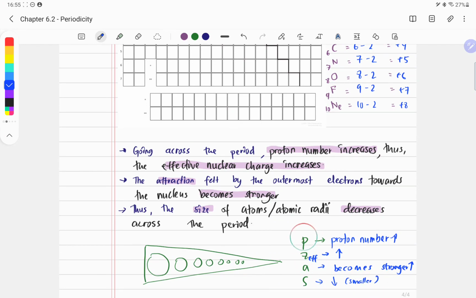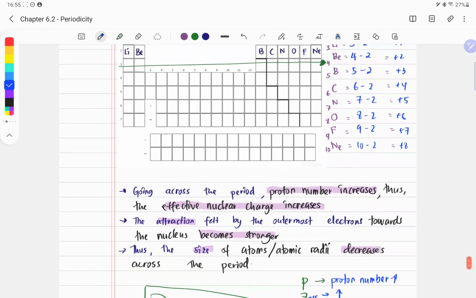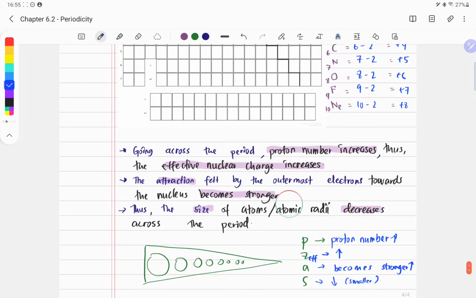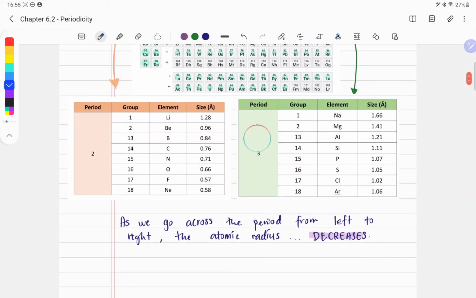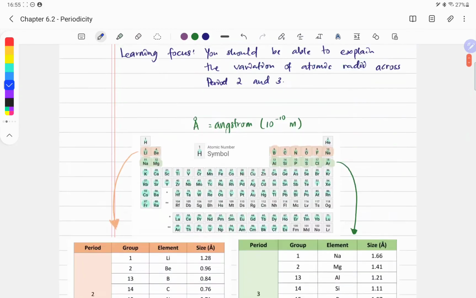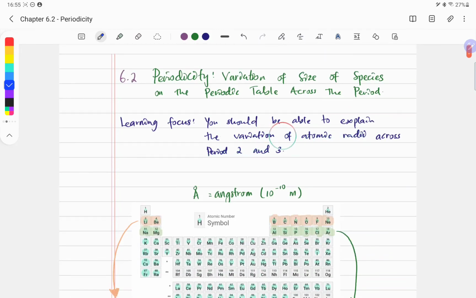So if you can't remember how to explain, we use PZAS. Okay, with that said, the same explanation can be used to explain the variation of size in period 3. Okay, so with that said, you should be able to explain the variation of atomic radii across period 2 and